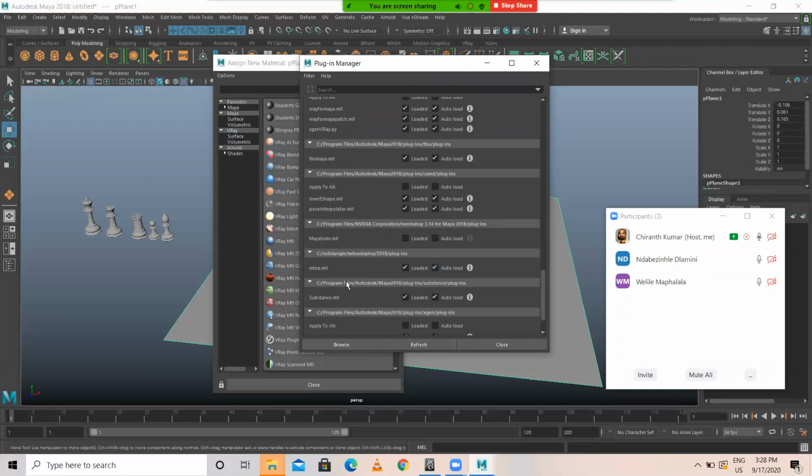Substance is there. Substance for Maya to Arnold. M2A is Maya to Arnold. Okay. By default, this will be installed. If it is not, Maya to Arnold for 2018, you can download. You check your plugin. M2A is there. It should be there. This is default. No, it is there. It's just not loaded. Yeah, you need to load it. Anytime I load it, it doesn't.